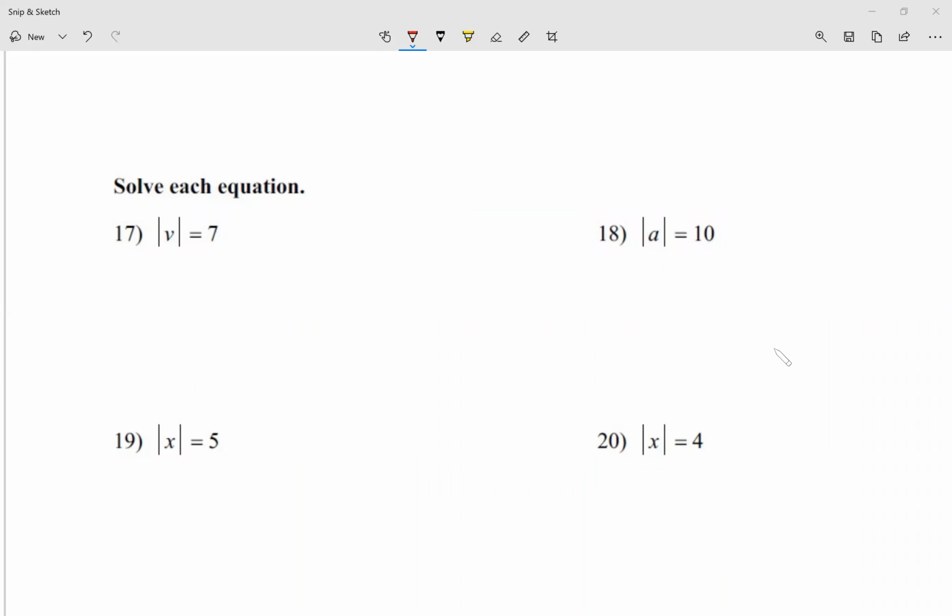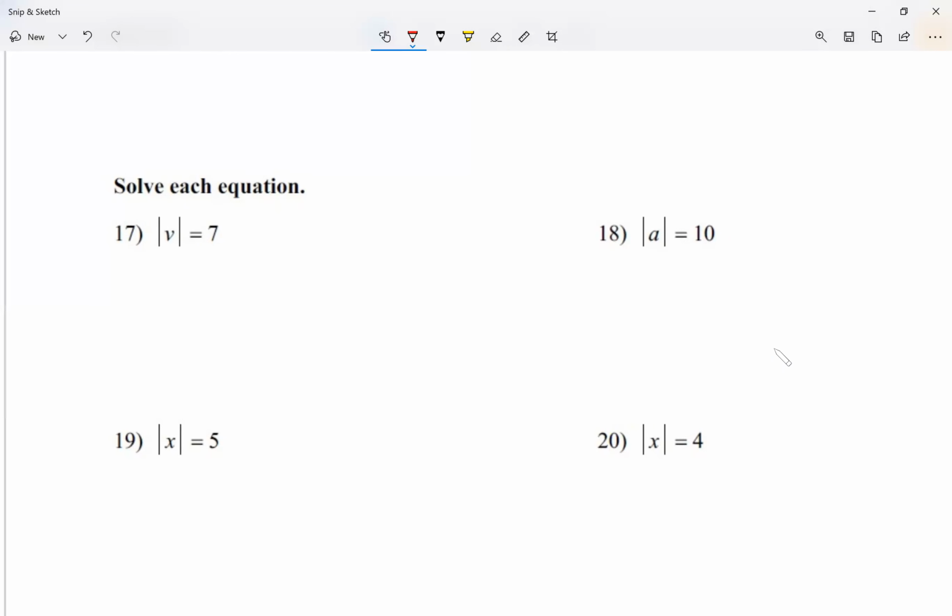Okay, so now we're going to use these bars, these lines that go up and down. Notice on question number 17, there's a V in between the lines. We're going to call that absolute value. Absolute value is basically distance. So there's this letter here, we call it V, but there's this number that is 7 spaces away from 0. Okay, so those lines we're going to call absolute value, and absolute value means